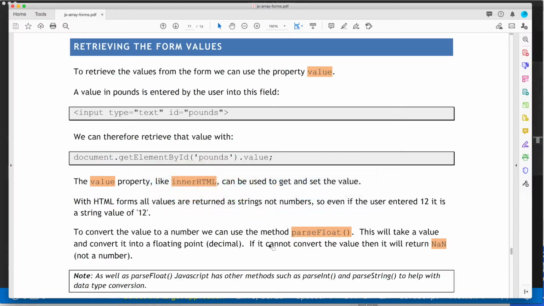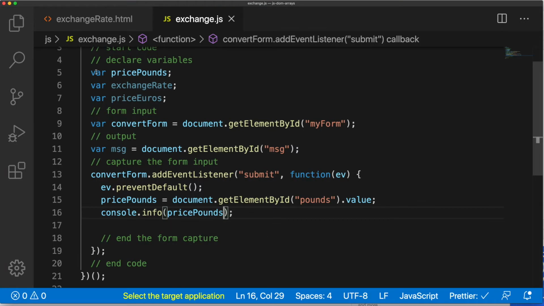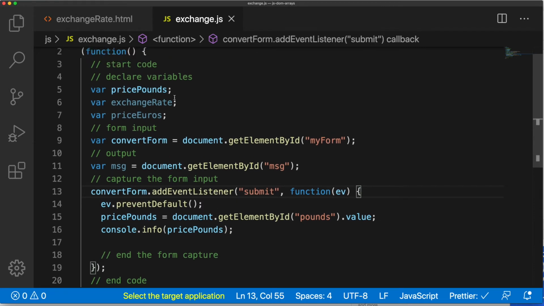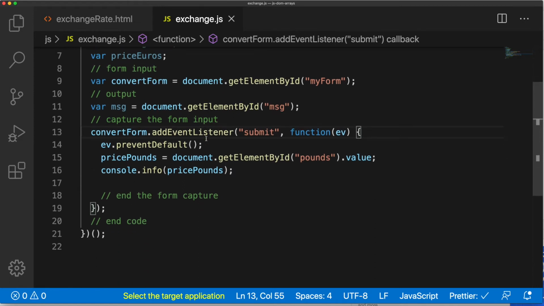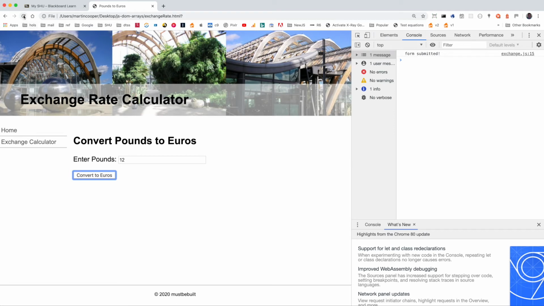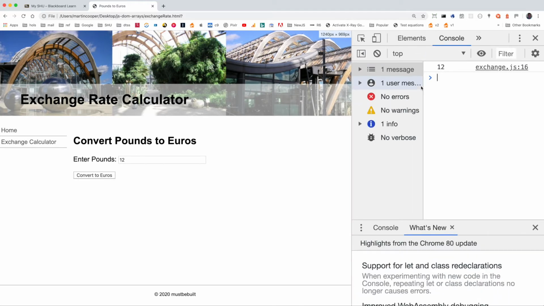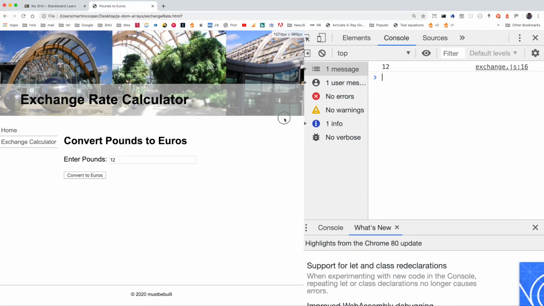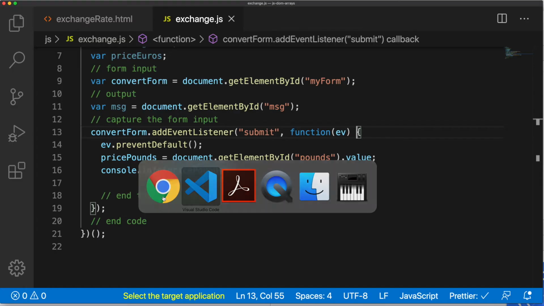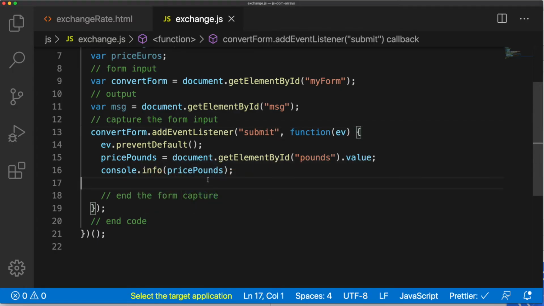Right, notice that because this was declared with a var, even though I'm in another curly brace here, it's perfectly fine because vars have function scope, which means it's available anywhere within this function. Right, let's give that a go. Let's refresh. We'll put our value in up here, 12, and there we get our value back in the console of 12. Okay, now there's a slight issue here because what I could then proceed to do is do the calculation,